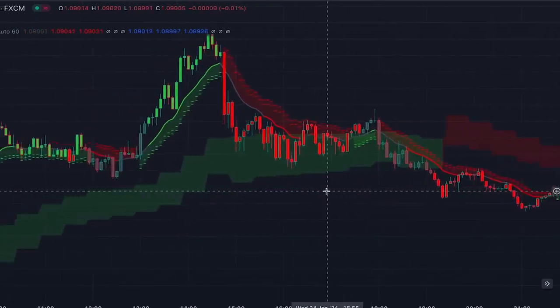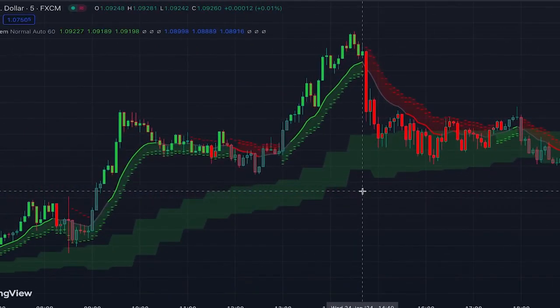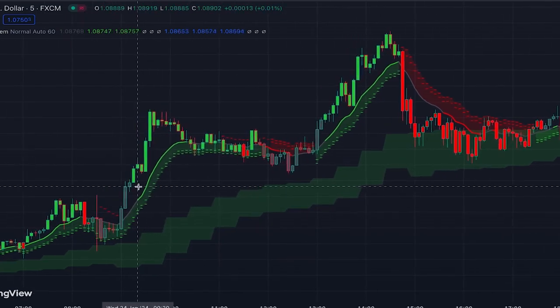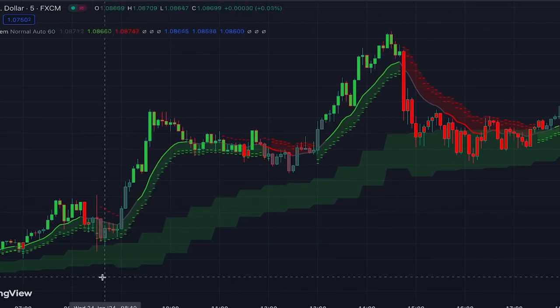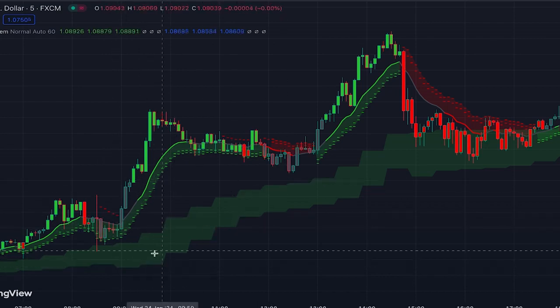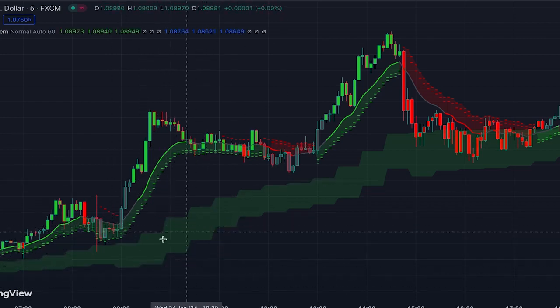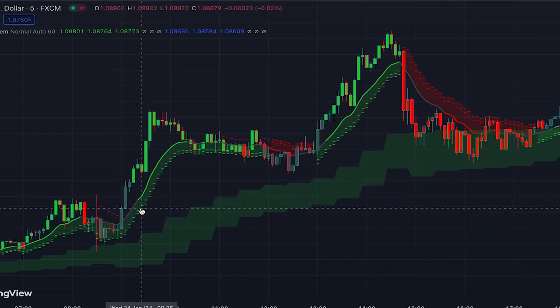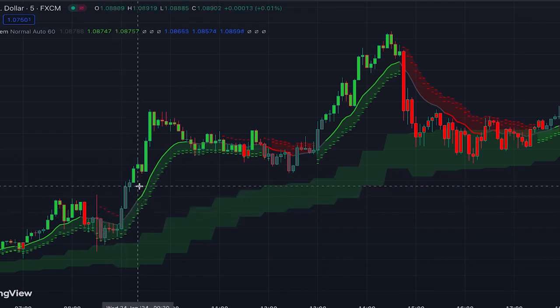Alright, now with the help of the flat market signal or breaking of the stop lines in conjunction with bullish and bearish confluence of different components of this indicator, we are able to enter a trade in the direction of the longer term trend of the market. When the higher time frame cloud is green, when we get a flat market signal, then we wait for these three components of the indicator to turn green. When the candle is green, the trend line is green, and the stop line is green, we can enter a